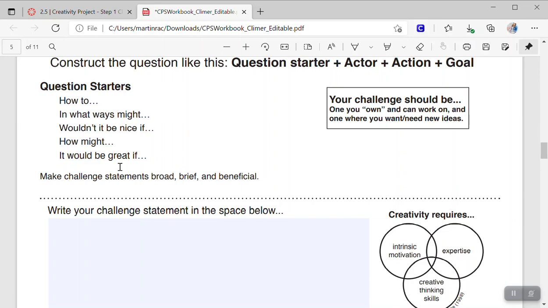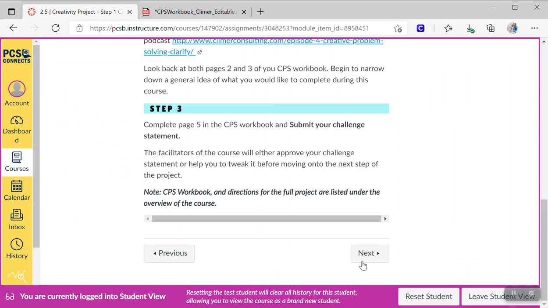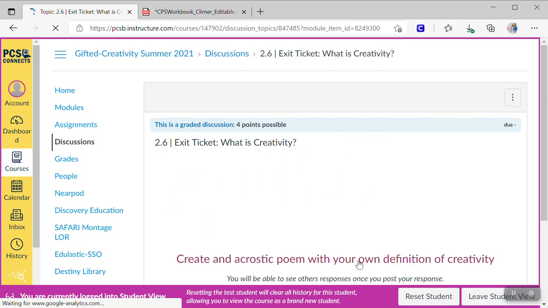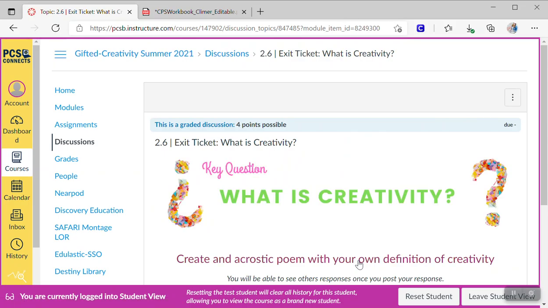Wouldn't it be great if I had a way to automatically clean my shower? Wouldn't it be great if I never had to do dishes anymore? You know, something creative that will lead to your creative endeavor. So that's what you're doing. You're going to submit your challenge statement. That's all you're doing. And I will either approve or just not approve and ask you to modify it.